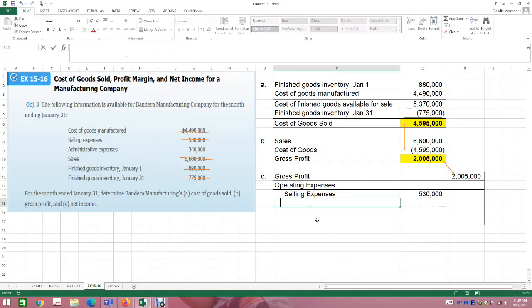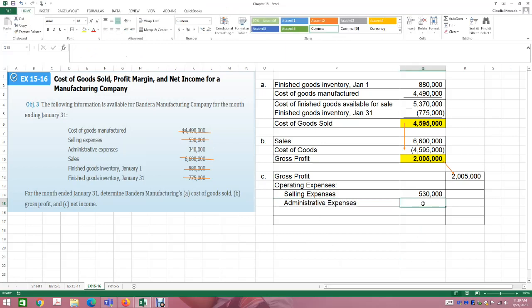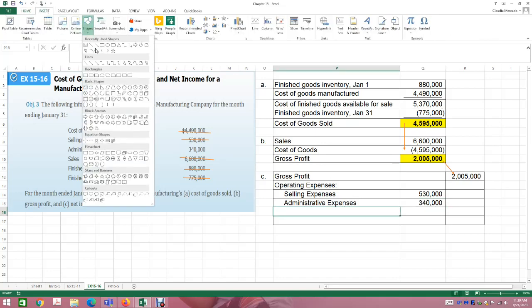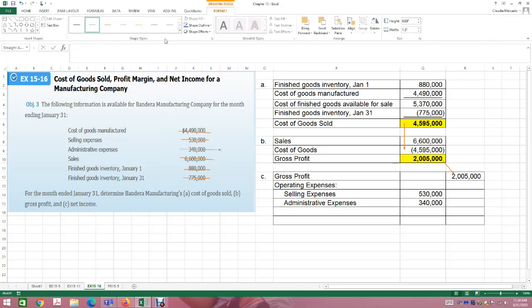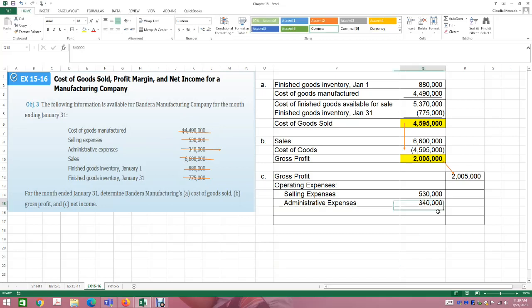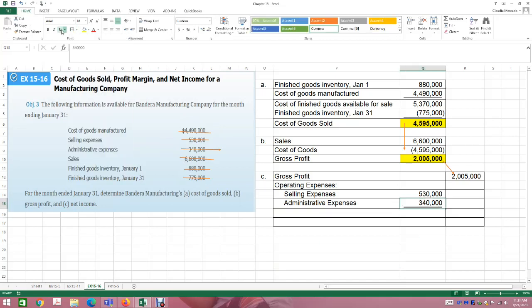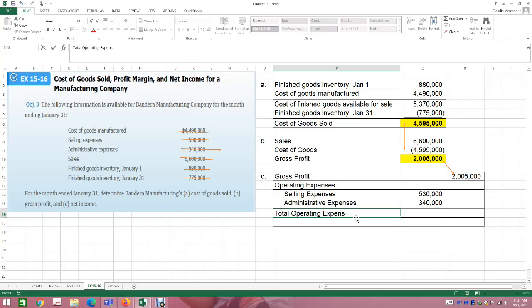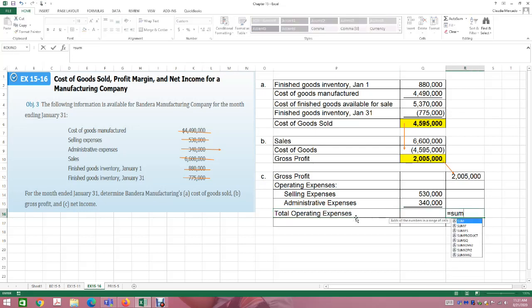The other expense we have is our administrative expenses. My admin expenses are $340,000. Okay, so that's that right there. So I've used all of my numbers. So I'm going to add those two together to get my total operating expenses. These are my total operating expenses of